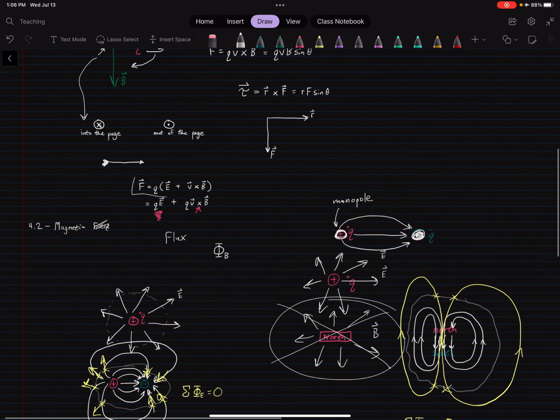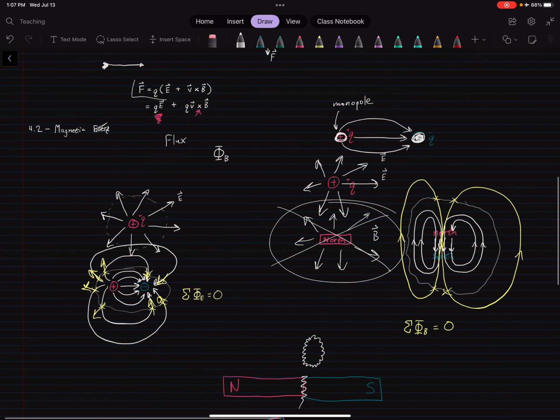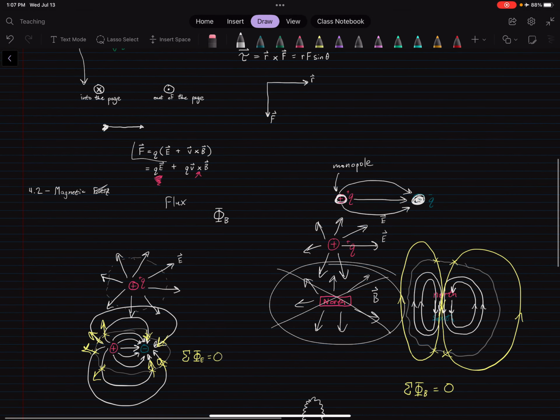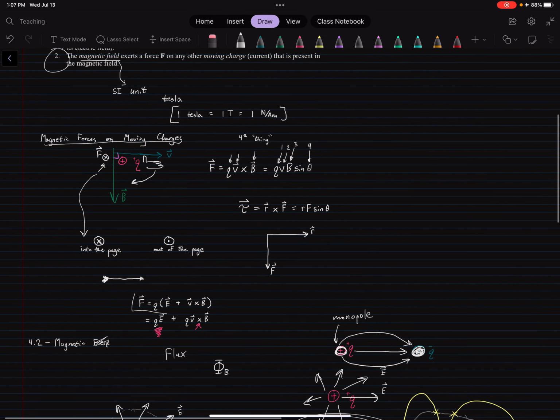We talked about the magnetic flux through a Gaussian surface. We talked about poles and how magnetic monopoles don't exist. We talked about this magnetic force here, right, and how it's a cross product. So now let's return to that. So this cross product, the resulting force is orthogonal to both V and B, and it's given by that right-hand